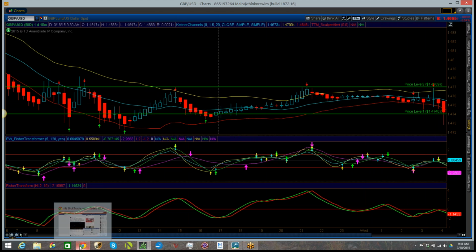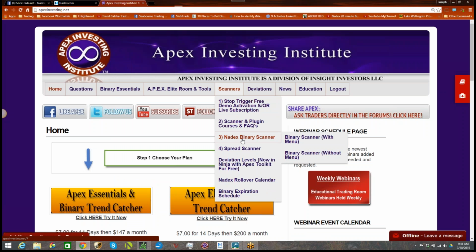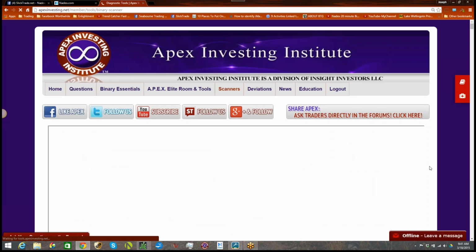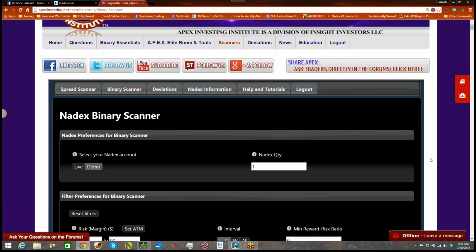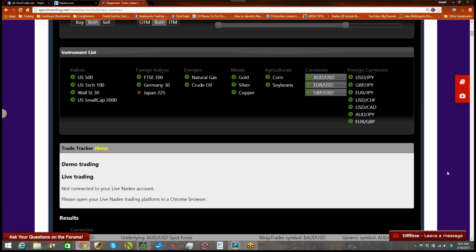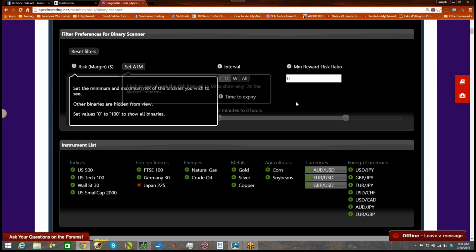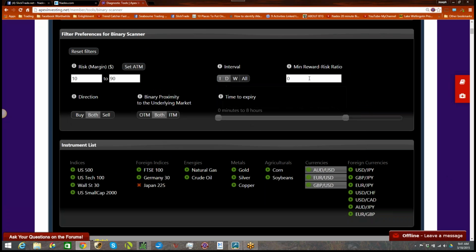And just to show you what I will do, I'm a big user of the Nadex binary scanner. So once I log in, I will go to the scanner, Nadex binary scanner, and go to the one with the menu, and then I will be already connected to my Nadex account. If you don't know how to use this, that's a separate topic, but it's very useful because you can already predefine your risk margin, how much you want to risk between 10 and 90, or only at the money, intraday, daily, the minimum reward risk ratio that you want,